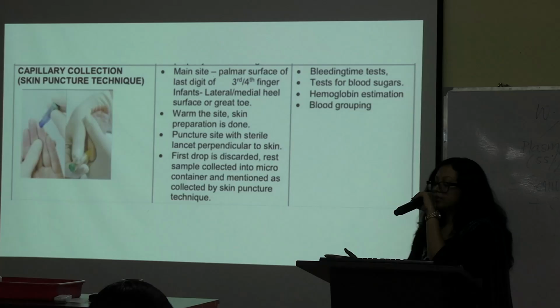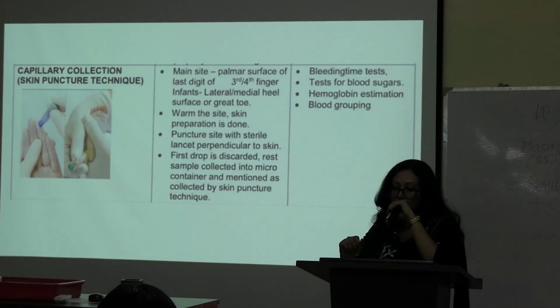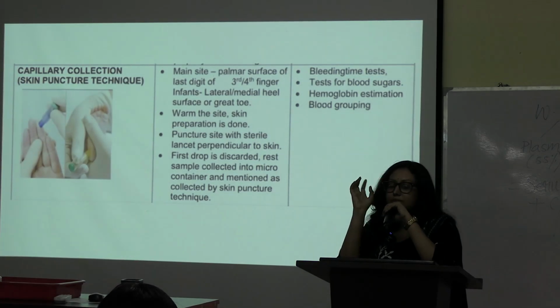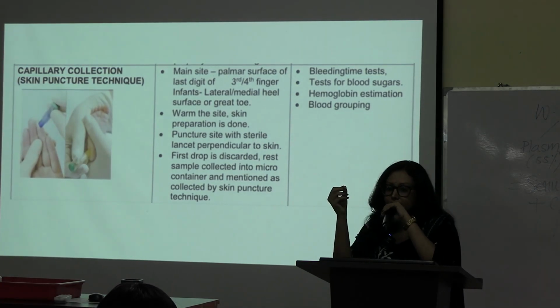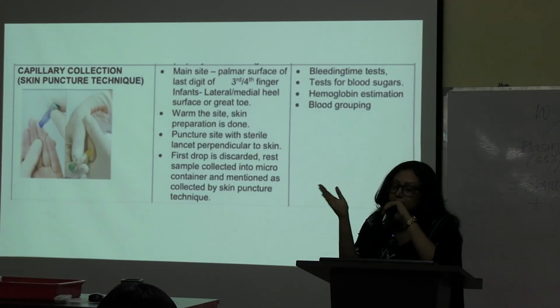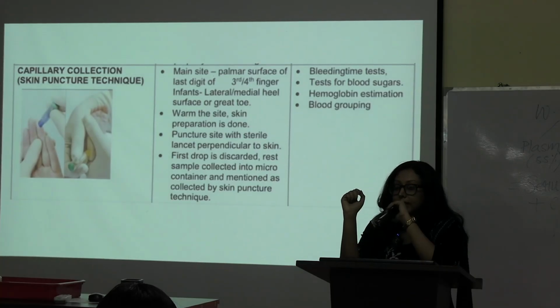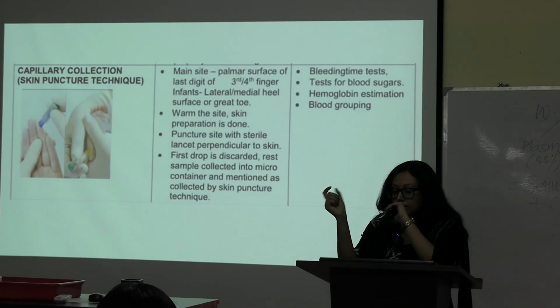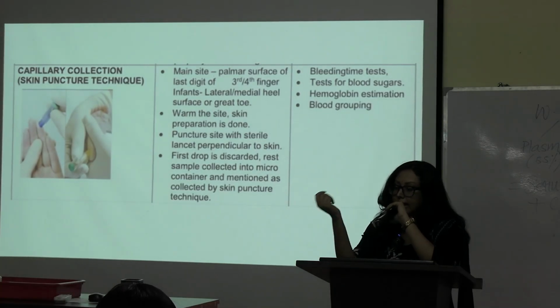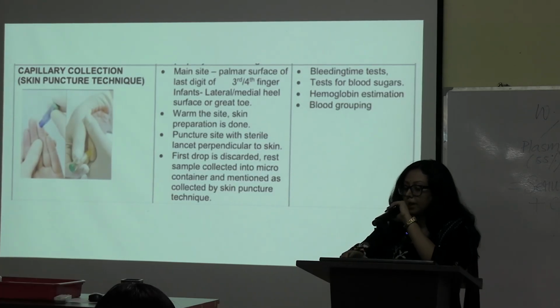blood. Now, other sites for infants and babies less than 1 year old. So this is the heel. For the heel, we don't use the central part. Why? Because the skin is very soft, so there will be chances of injury. So that's why the medial part or the lateral part of the heel is taken. And then earlobes are also used in adults, mainly in case of burn patients. Okay, now